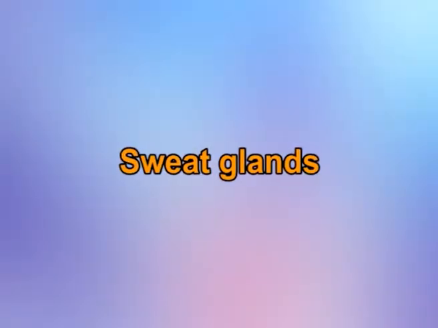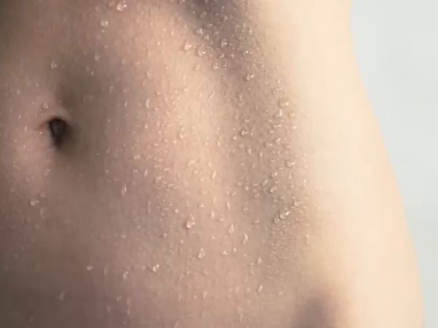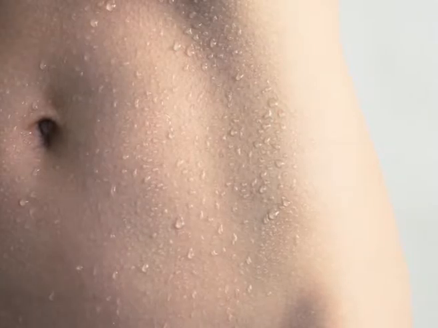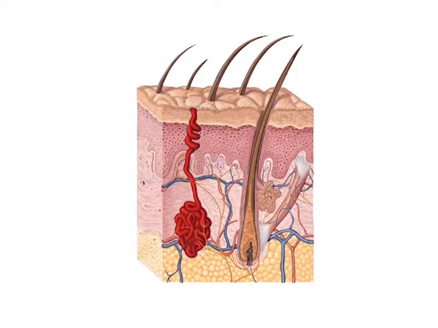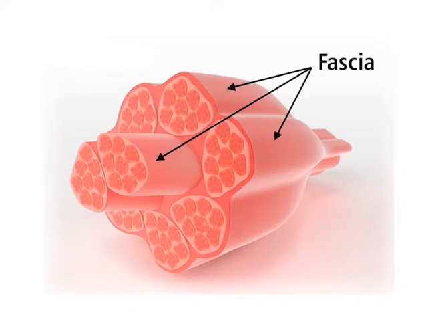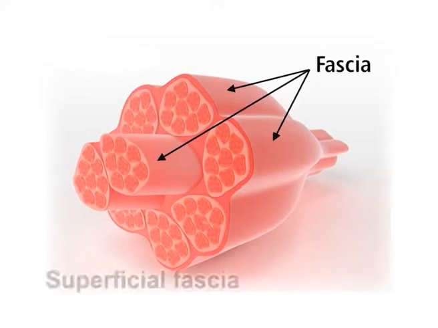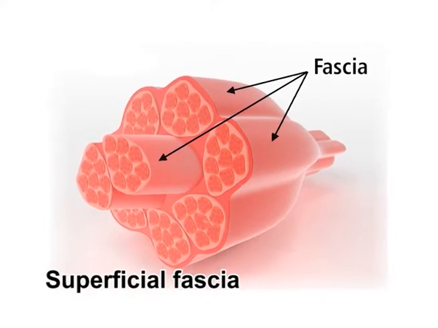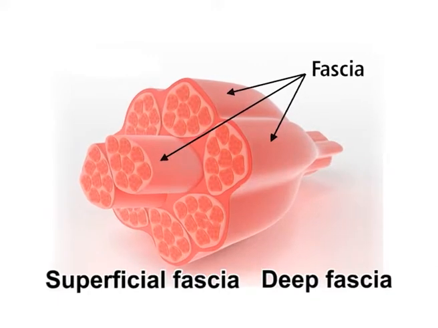Sweat glands. Sweat glands are coiled tubular glands found in most of the skin. The secretory portion of each gland lies in the fascia with a duct that runs up to the surface of the skin. The fascia is divided into two types, the superficial fascia and the deep fascia, which forms the following